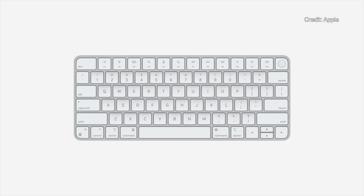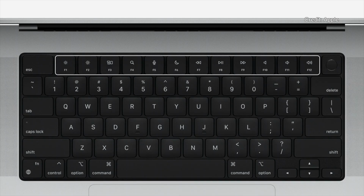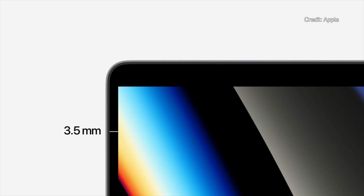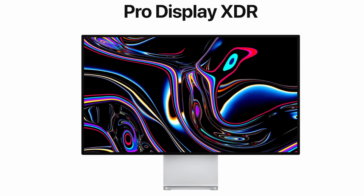The function row is now back and has full-size keycaps too, along with a new black keyboard deck, which is a neat little design touch. Another major upgrade is the new MiniLED Liquid Retina XDR display. This display features even thinner bezels all the way around. This new display also promises the same deep contrast ratio, color accuracy and brightness as Apple's crazy expensive Pro XDR